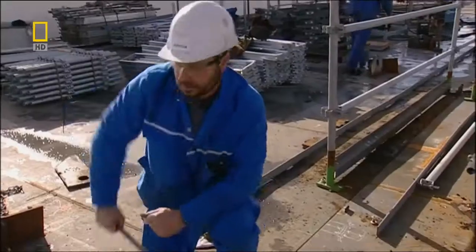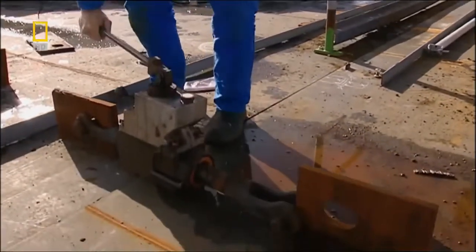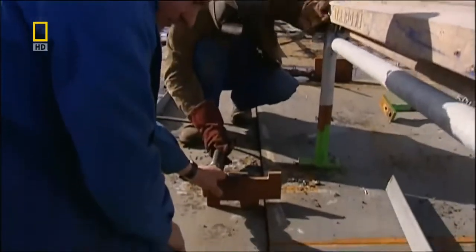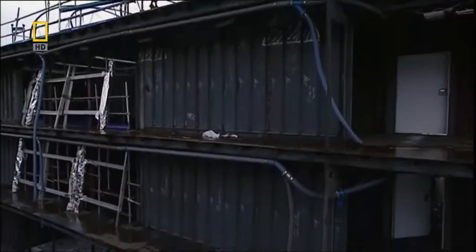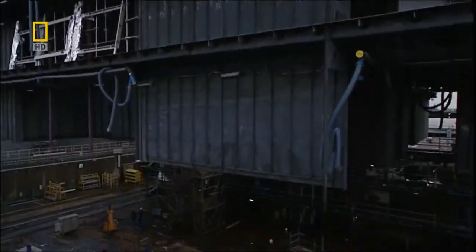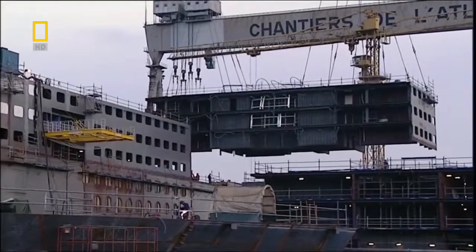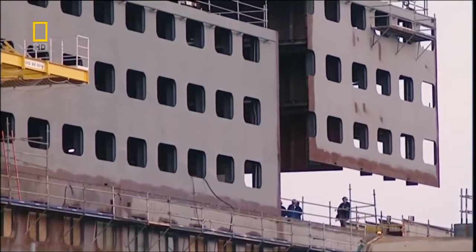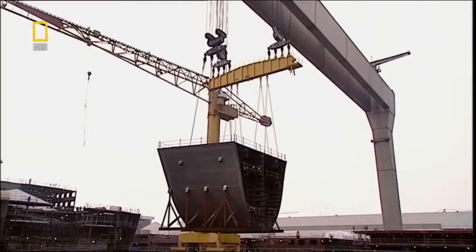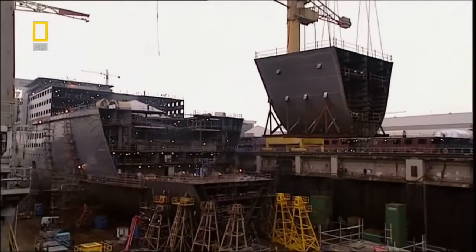With the sections centimeters away from each other, powerful hydraulic pull jacks hold the blocks in place. The team checks the fit, then welds the section to the growing vessel. It's like putting together a huge 3D jigsaw puzzle. As the puzzle comes together, a critical part of the ship starts to emerge: the hull, which must withstand one